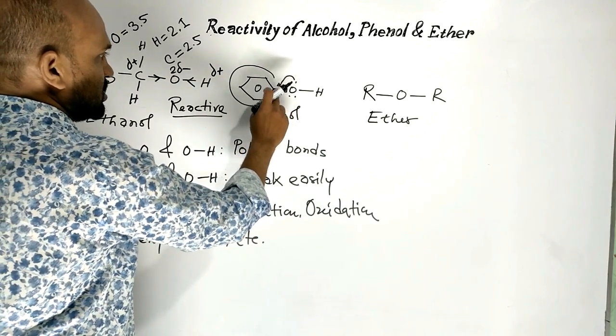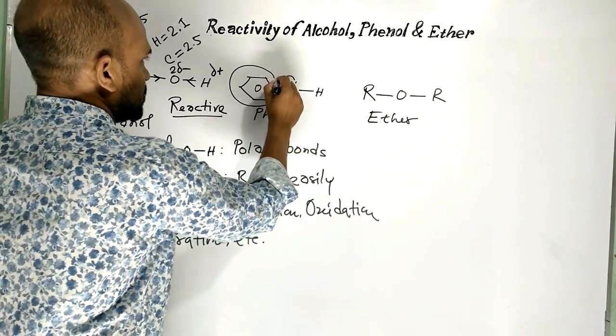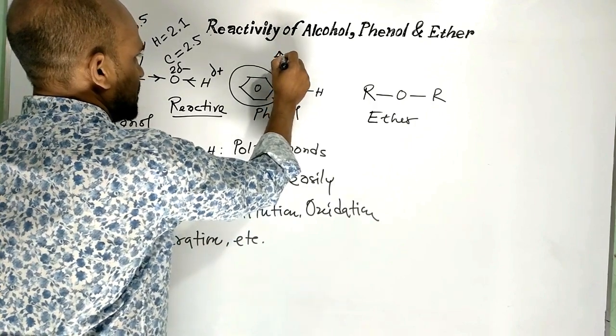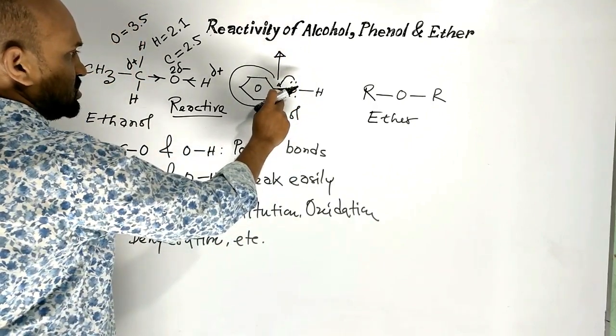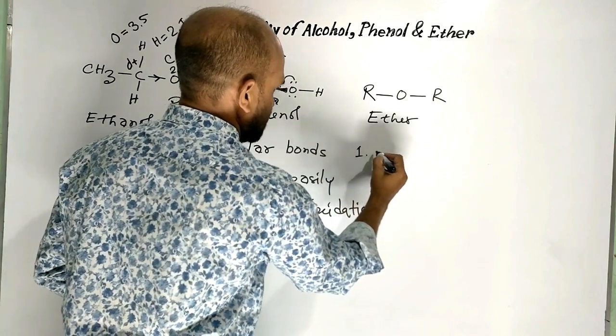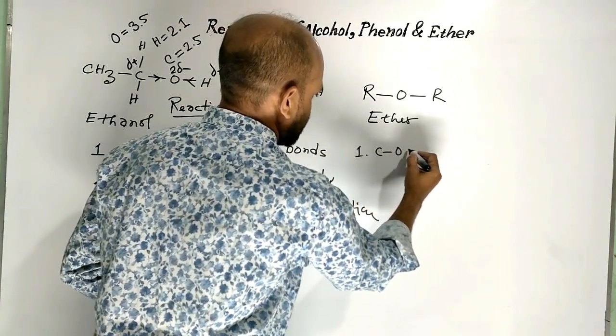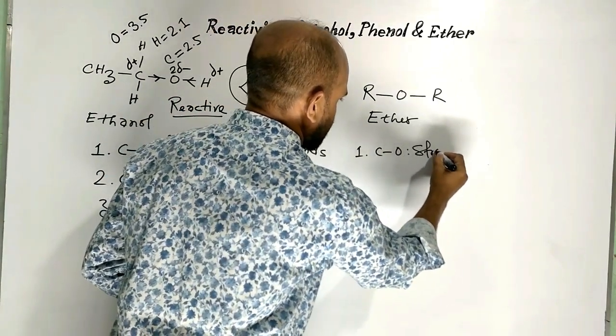Electron density in the carbon oxygen bond becomes higher. That is why this carbon oxygen bond is a kind of strong bond,